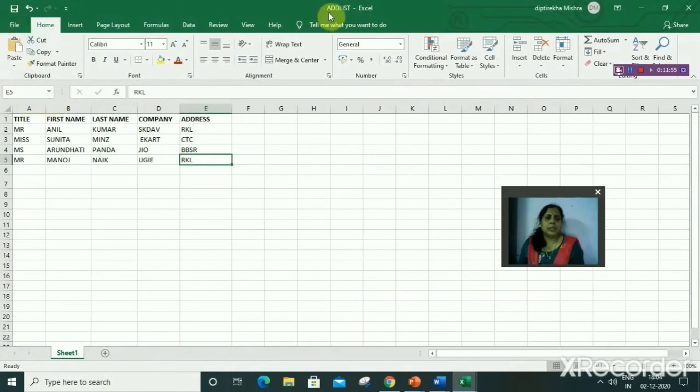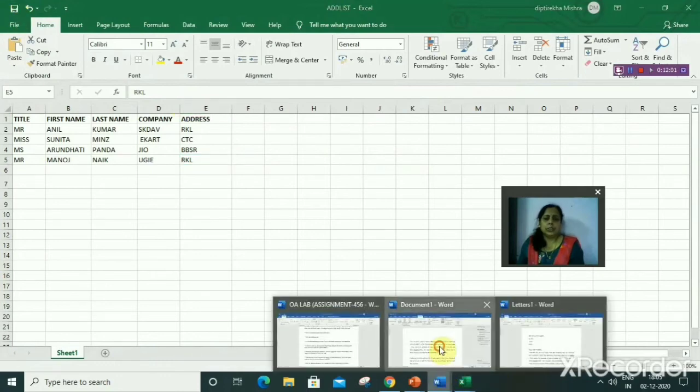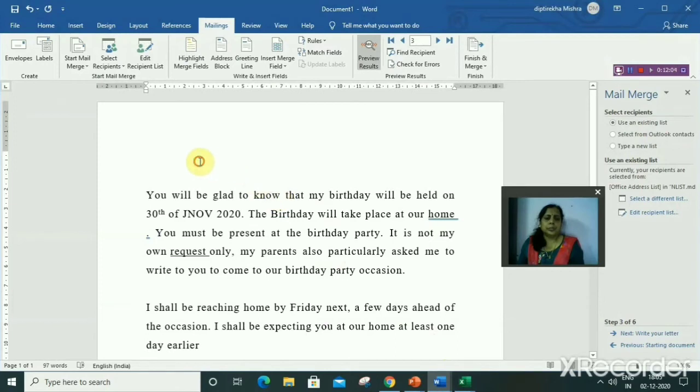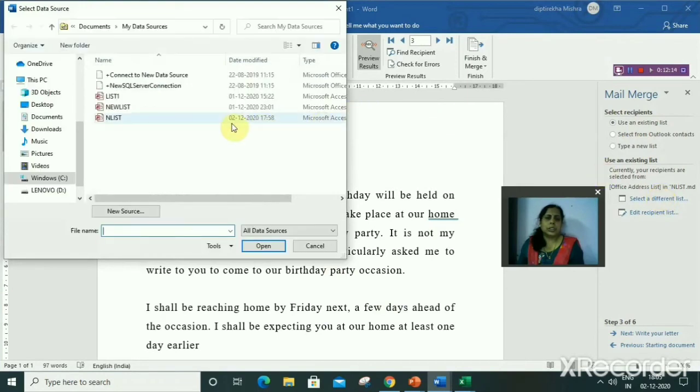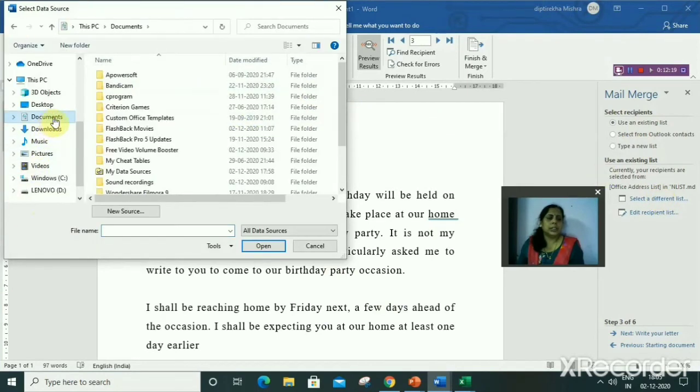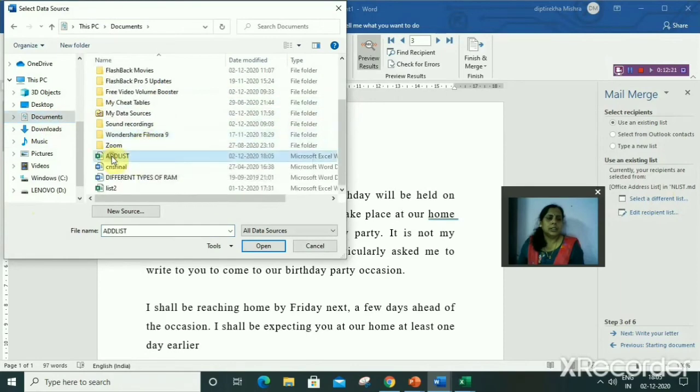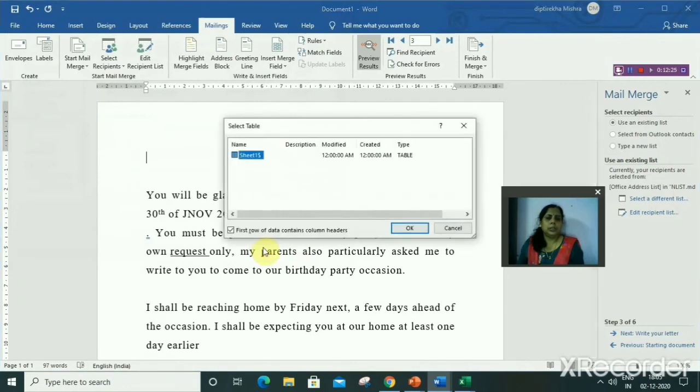I have saved it with the name address list. Then use an existing list. So select list. You have to select the Excel list, that is the address list, then open.